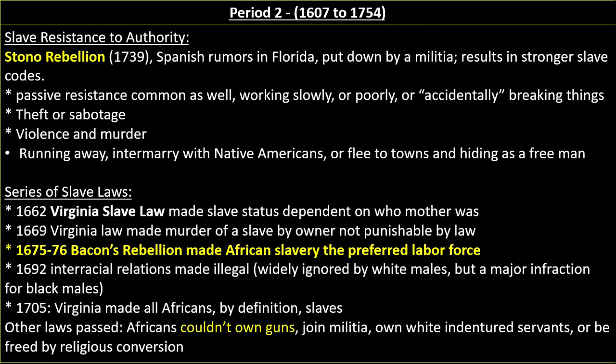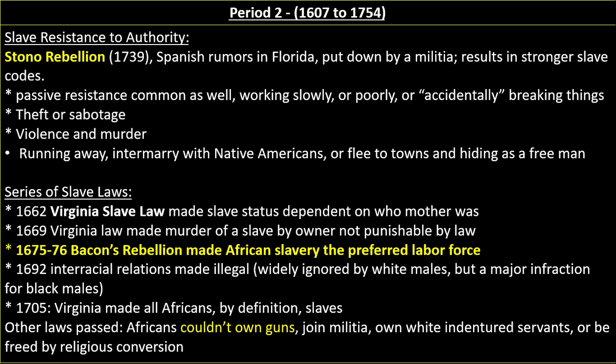Of course, there is still resistance to authority as far as slaves go. And so in 1739, the Stono Rebellion actually broke out. What happened is that the Spaniards began telling slaves in South Carolina, if you made it to Florida, you get your freedom. And so there was a big movement for all that. There was a group that tried to begin the revolt and run down to Florida. It was put down by a militia, but it does result in